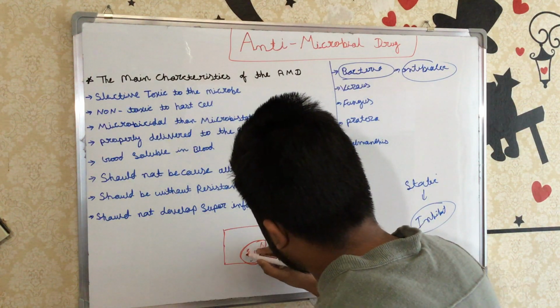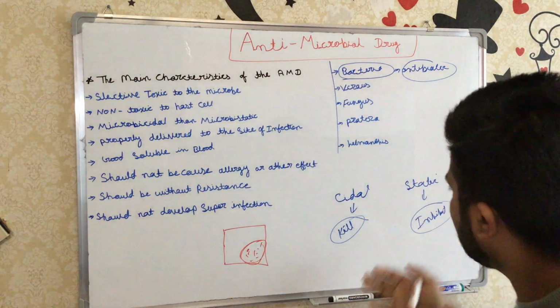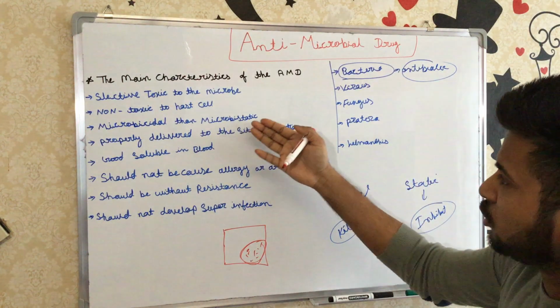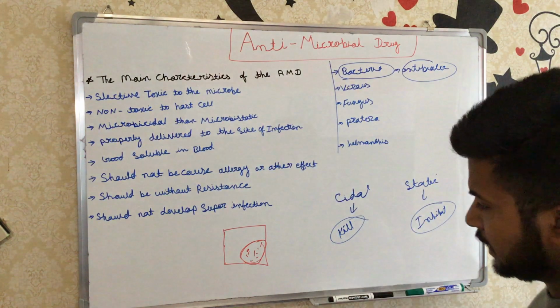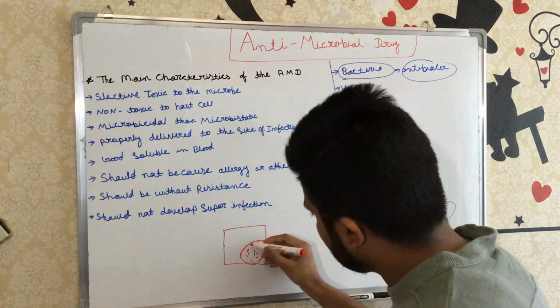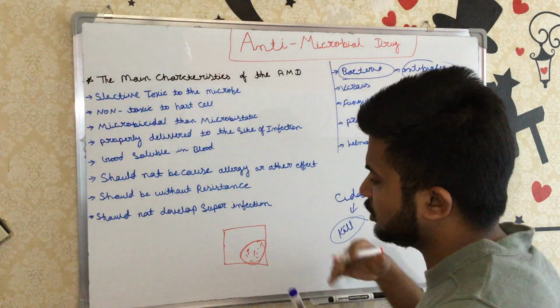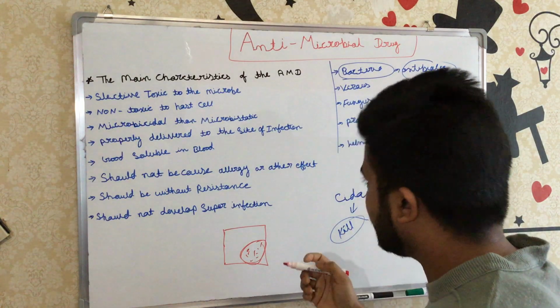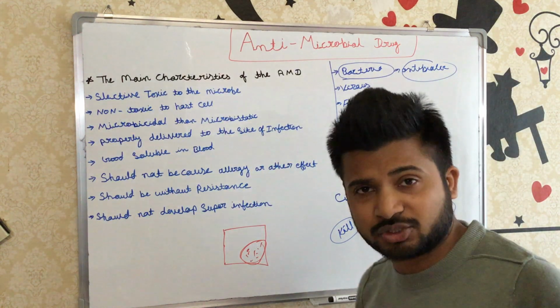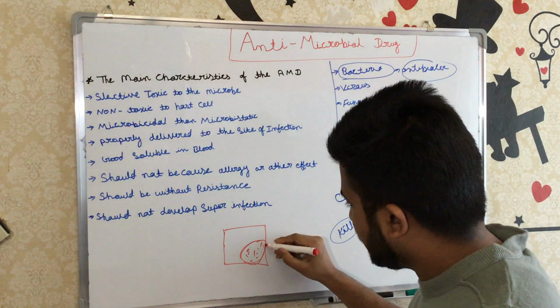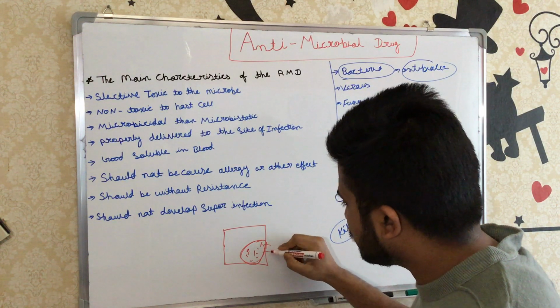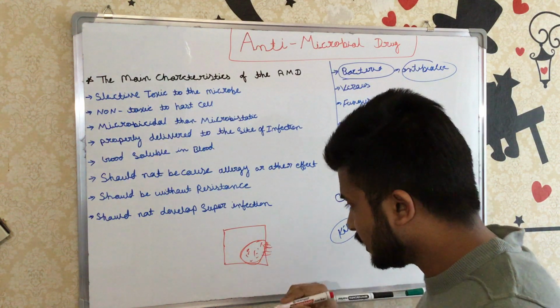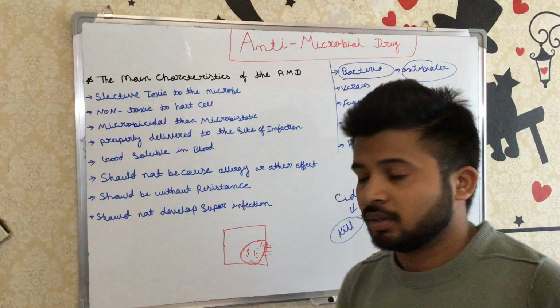This is all the bacteria. So if we're giving the microbial stasis drug, it means that in this wound a lot of bacteria are producing and accumulating. The concentration of the bacteria is very high. So if we give the microbial stasis drug, at that time it just inhibits the proliferation, or we can say inhibits the synthesis of new bacteria.